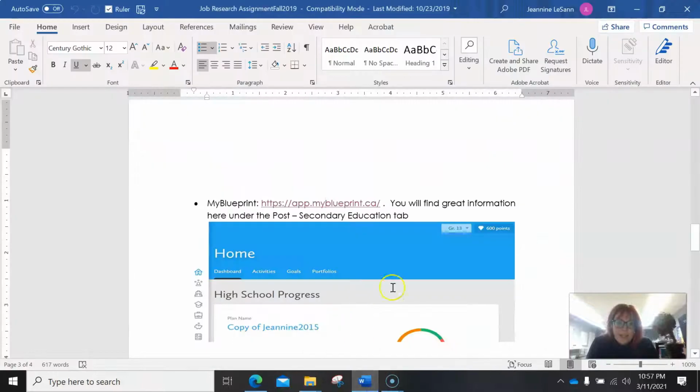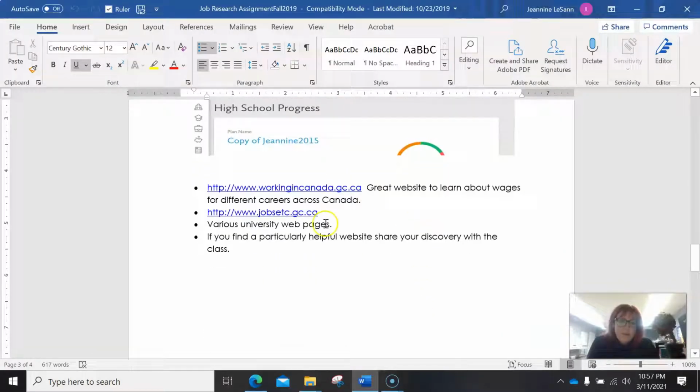Sorry, I'm going to go back here, guys. And here are maybe some other options for finding wages and things like that. So hopefully this helps you